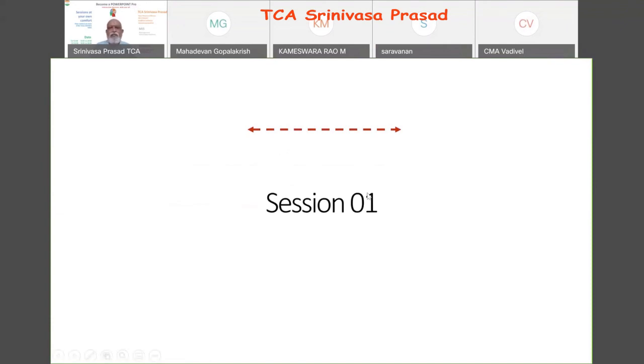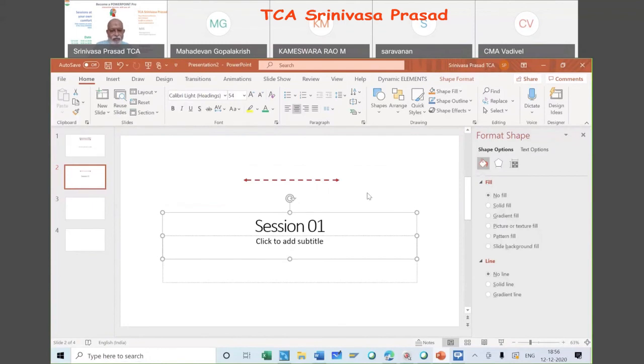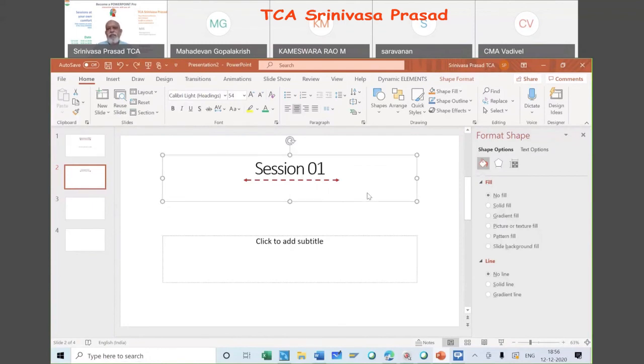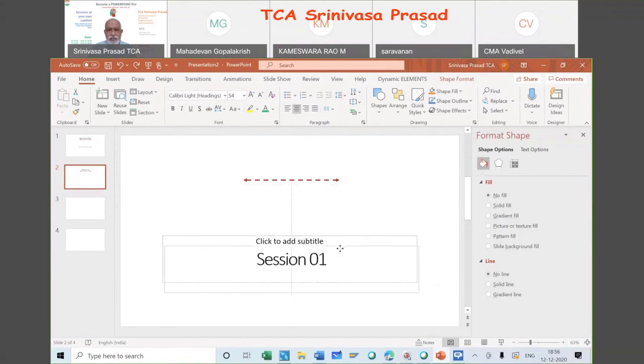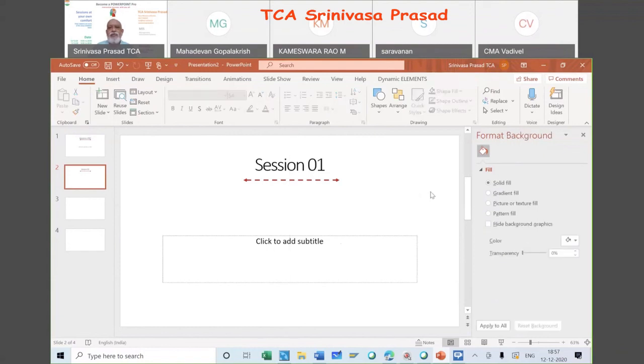Okay. So what has happened now? I will go back. That line is still existing. When I try to move this session, the line is remaining there. The line was a separate thing. It was not done along with this session. If you remember, we drew a line separately. Now, how do I move both of these things together?